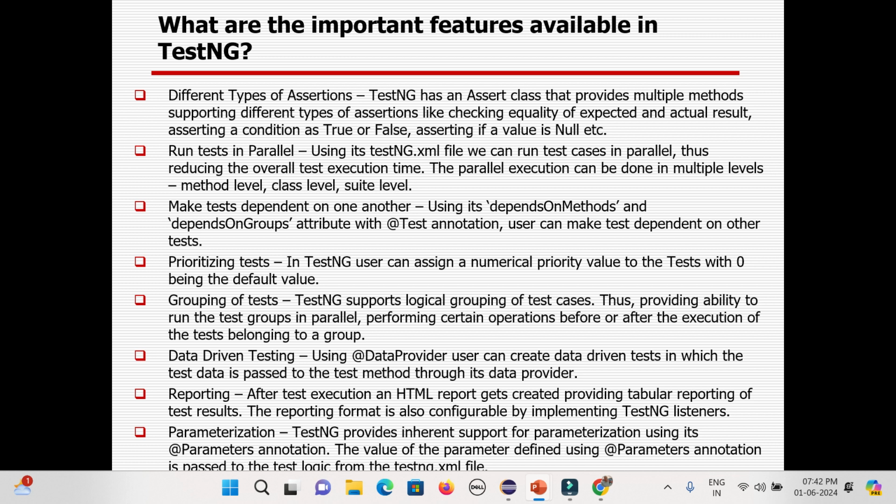Whereas parameterization means you want to run multiple things with the same data combination. Suppose you have two kinds of parameters or variables, say A and B. But with these two variables, you want to perform different operations. Maybe you want to perform addition, subtraction, multiplication, division, etc. Your method is different, your functionality is different, but your parameter is still the same. With these two values, maybe 20 and 30,